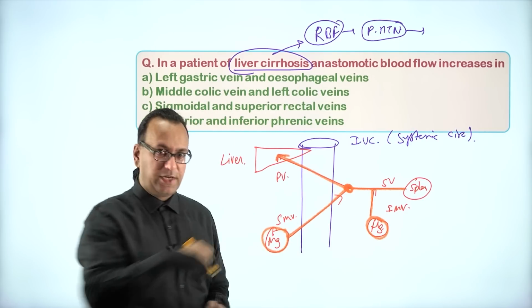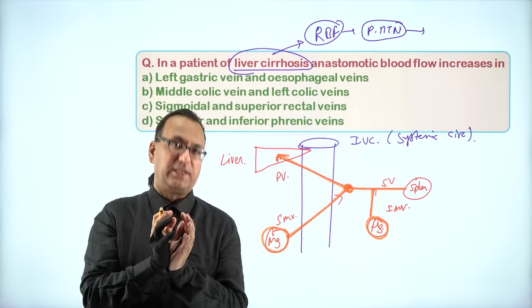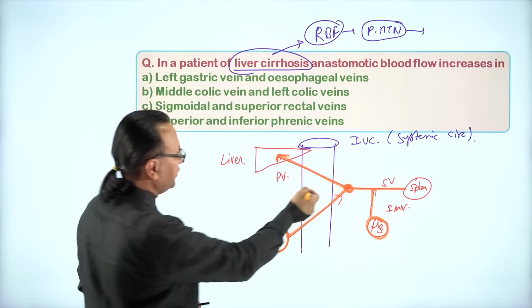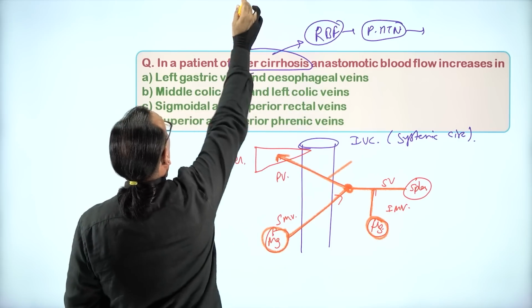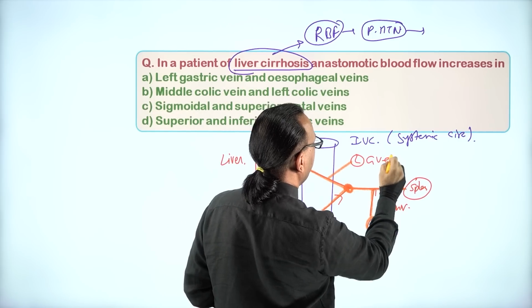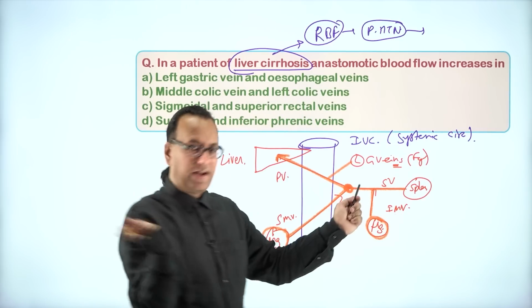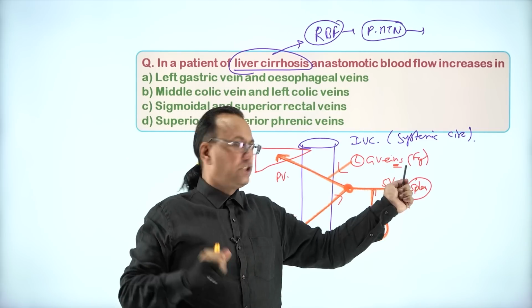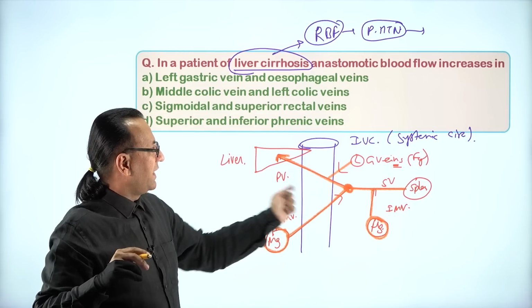This is portal circulation. It will have venous blood full of nutrients coming from the gut tube, and it will also receive the left gastric veins from the stomach, because that is foregut. So foregut drains directly into the portal vein. So left gastric veins, from the stomach, will be draining directly into portal vein and then into liver. Now